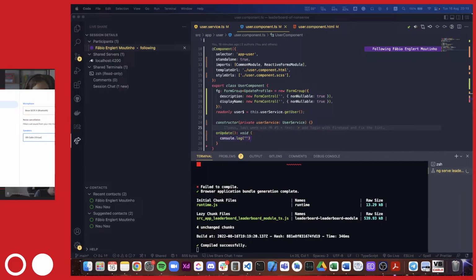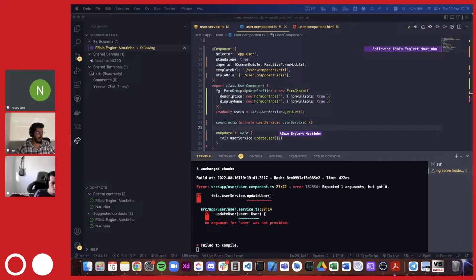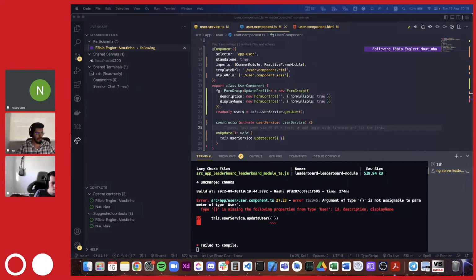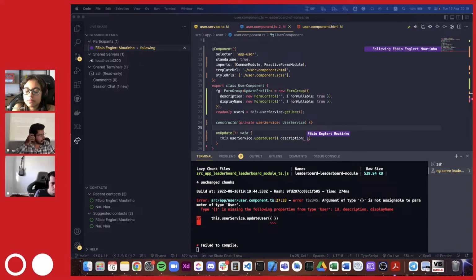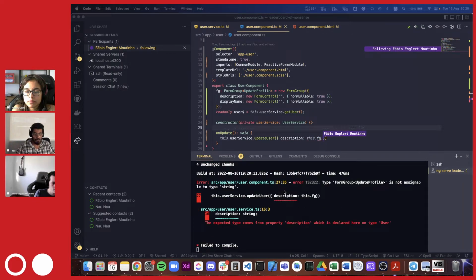This would call this user service update user, and we would create our user with description. Description would be this dot form group dot